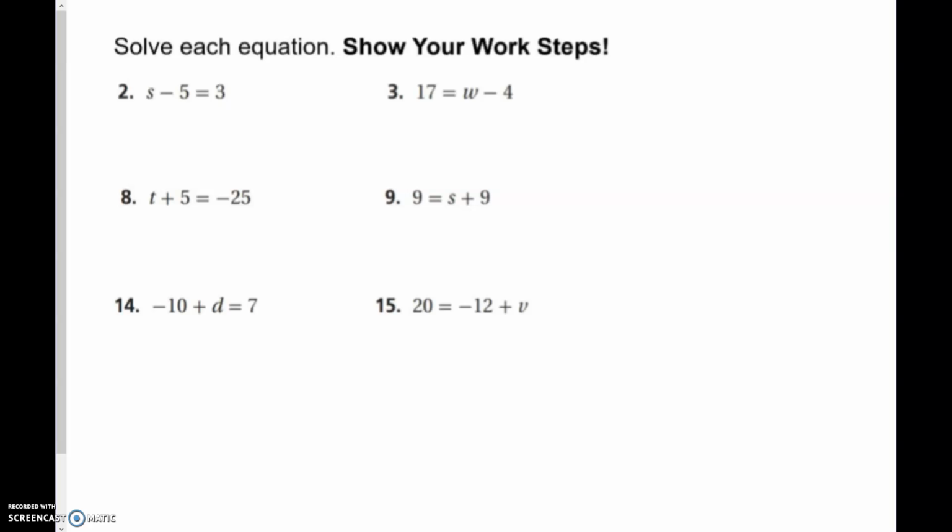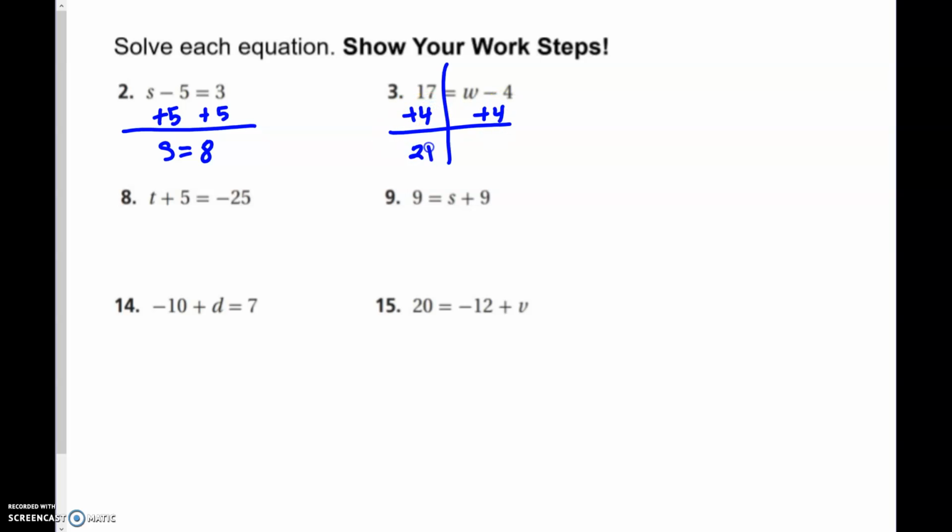So remember, every single problem should have two things that you wrote. Your step of work, so plus 5, plus 5, so that's one line. And then now you should have S equals 8. All right, so you can absolutely draw this line down, and then you have to show your one step of work. So we're going to add 4,